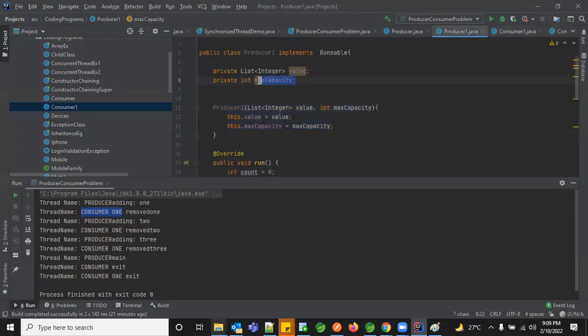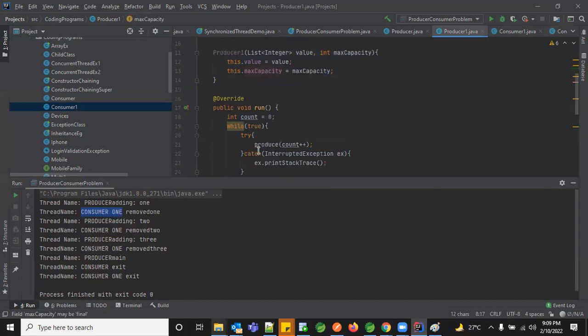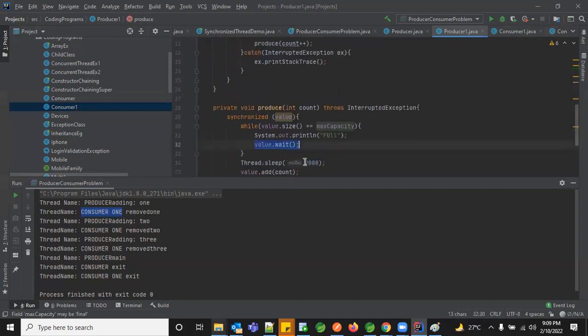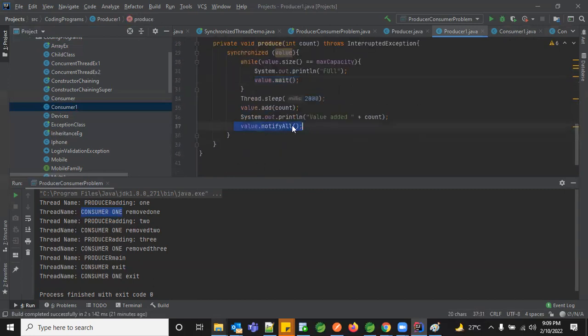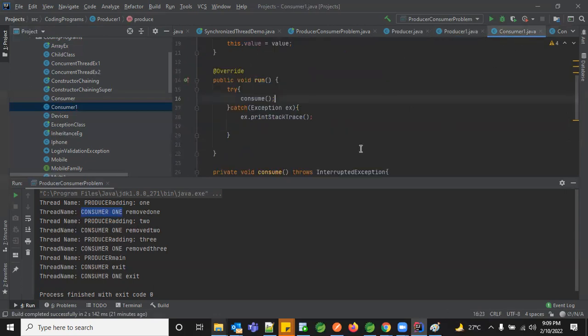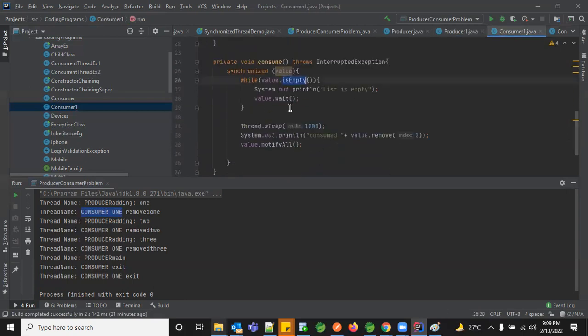I had a maximum capacity. Whenever I reach that, I'm making the thread wait for some time, and I'm notifying all after the data has been added. Whenever the consumer comes, if it is empty, I'm making the thread wait, so that the threads will not end up in any kind of deadlock situation. That is the reason I have given wait whenever it is empty or completely full.